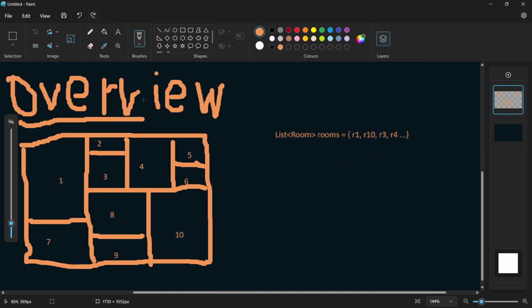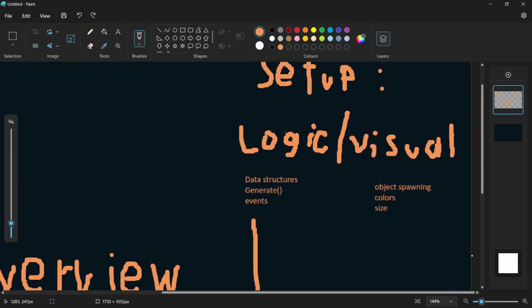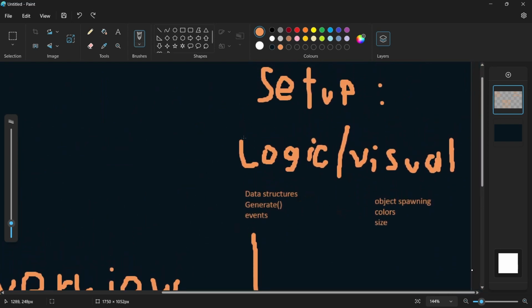Also, the classes will be divided into ones that are responsible for the logic and ones that are responsible for the visual. The logic classes will of course be responsible for things like data structures, the generate functions, and the events that will be called for each step. Dependent on the logic classes will be visual classes that will be responsible for object spawning, the color, size,